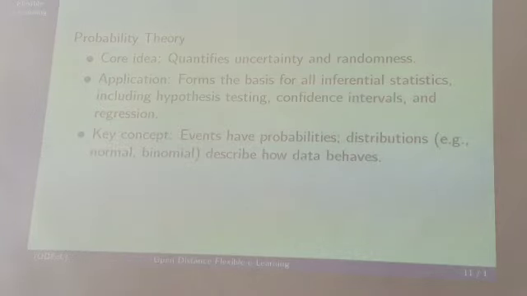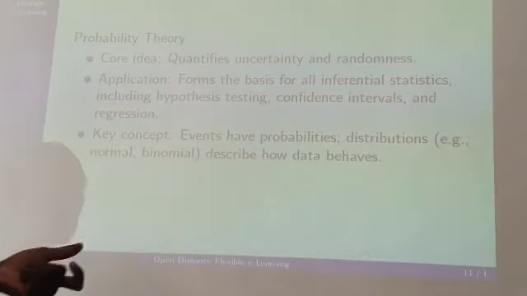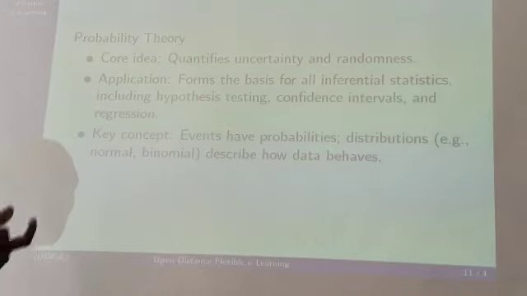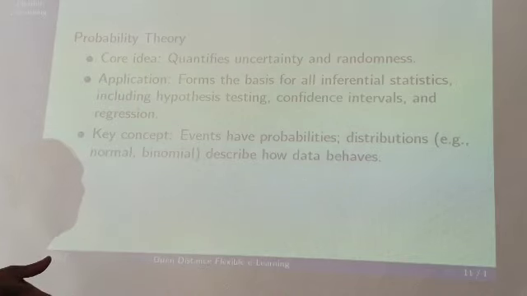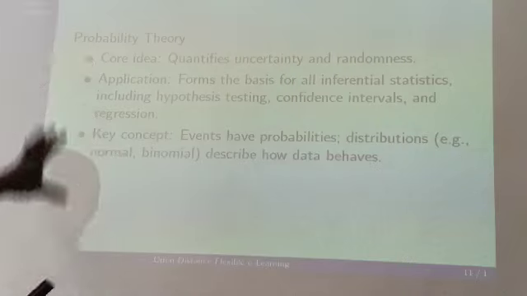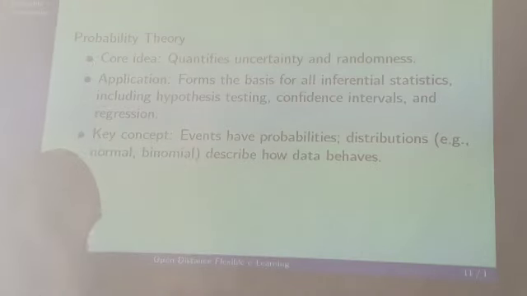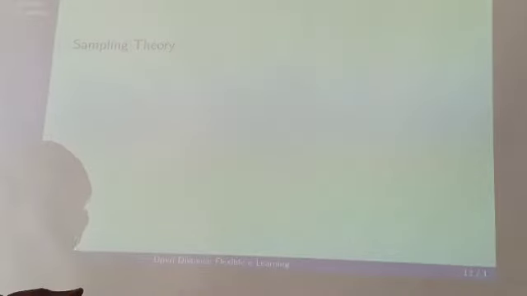Key concepts: events have probabilities, and distributions, e.g., normal and binomial, describe how data behave. This is what you need to know. You need to understand what probability theory is all about. Next is sampling theory. Sampling theory, the core idea